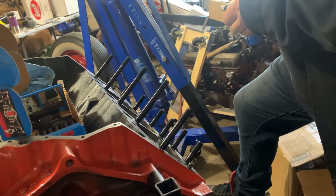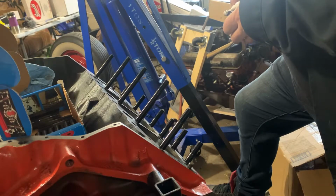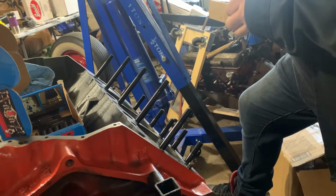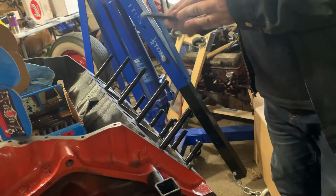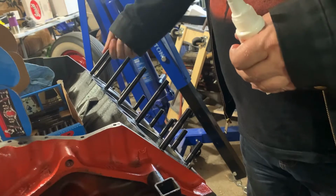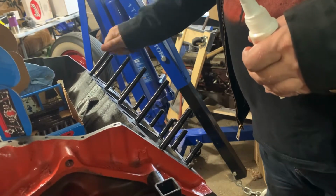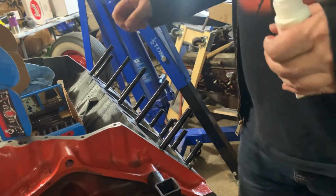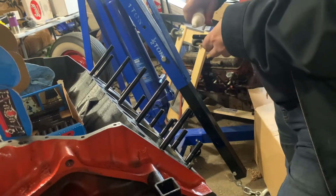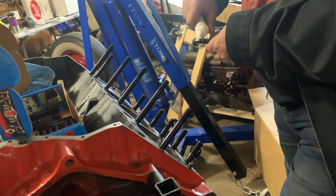This carb I ordered, it's a Quick Fuel blow through 750. Should work out of the box. It'll probably be a little fat because it's a small motor. That's okay. Lean is mean, fat is happy. For break-in, we can break it in fat. That's fine. I like to run them lean, but